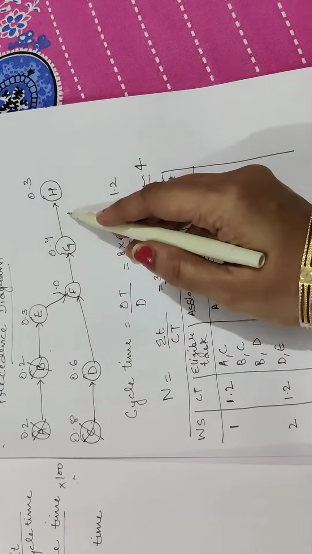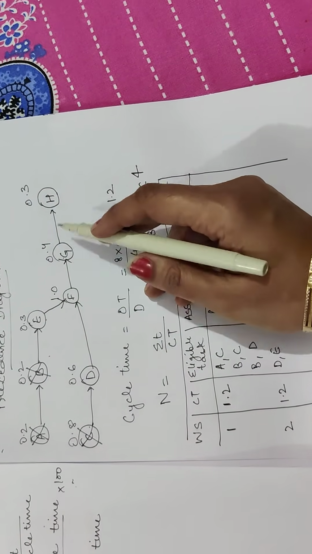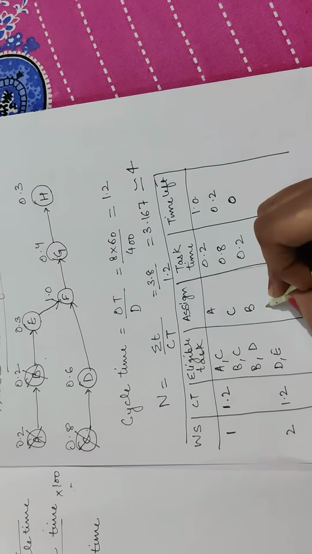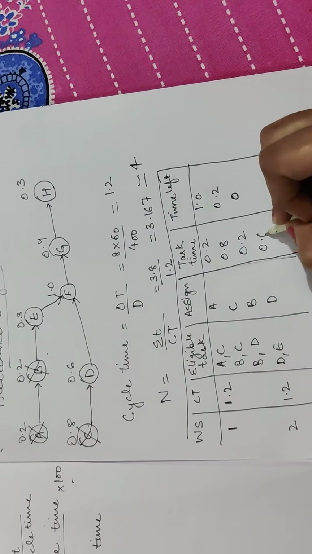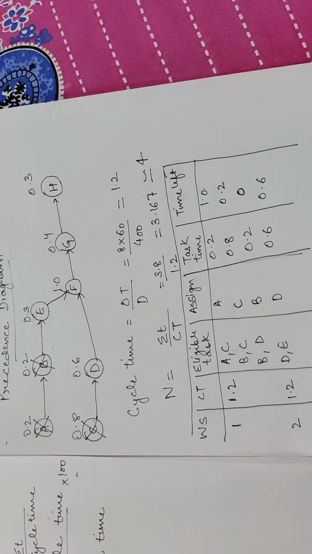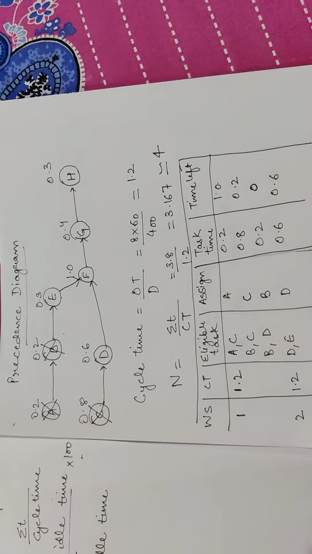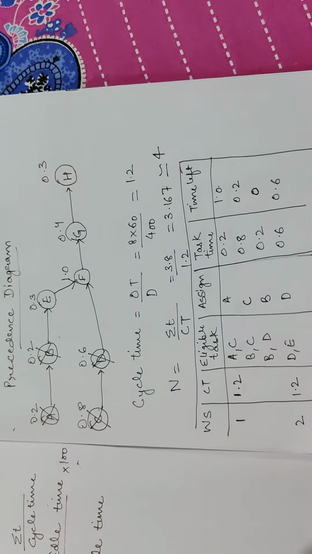E के फॉलोअर्स भी 3 हैं, D के फॉलोअर्स भी 3 हैं. ठीक है, तो D का टाइम पीरियड ज़्यादा है as compared to E, तो I will assign D जिसका टाइम पीरियड 0.6 and the time left is 0.6. 1.2 में से माइनस कर दिया, तो this again is done.